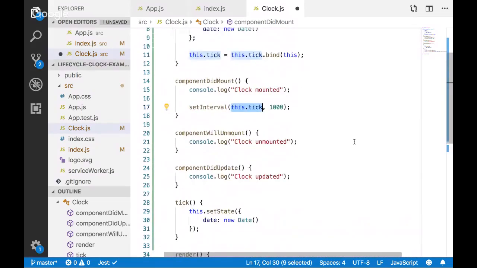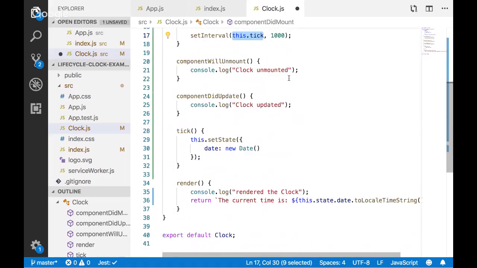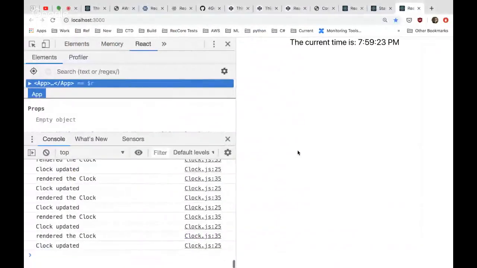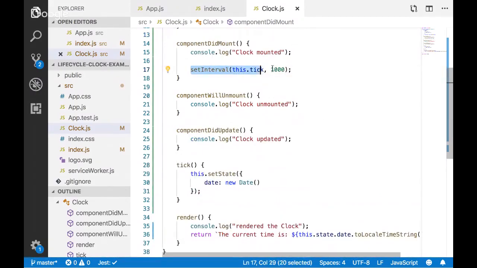But we do have one problem right now, which is if this component, this clock component, ever got unmounted for some reason. So if it wasn't in the DOM, which let me go ahead and set some stuff up so we can do that. You guys will get to see a little bit more advanced React to show you how that would work. But then this would end up triggering an error because this setInterval is still going to be firing. It's still going to try to fire, but it's going to try to not exist anymore because this whole object doesn't exist.